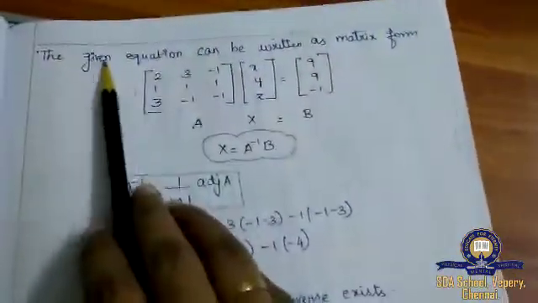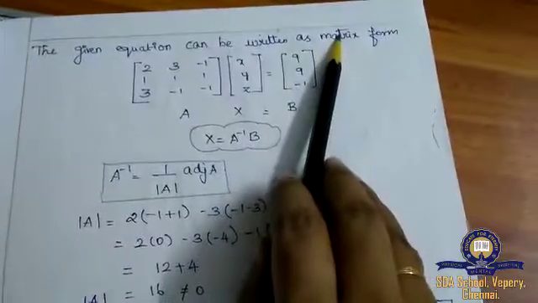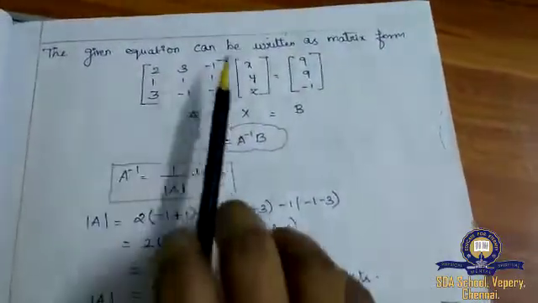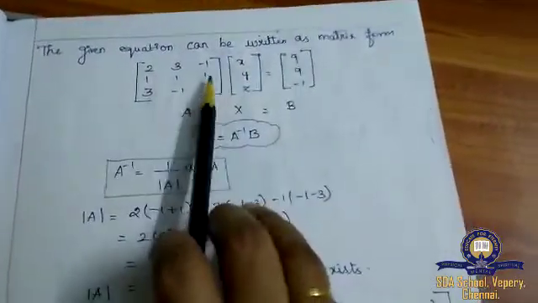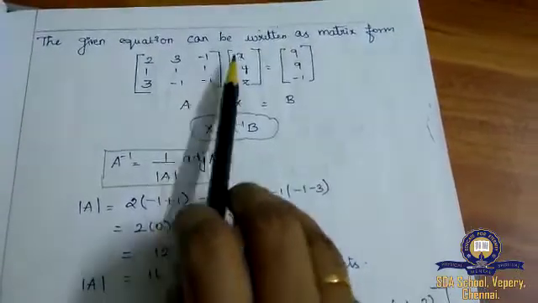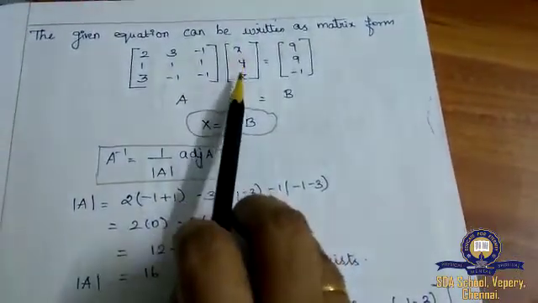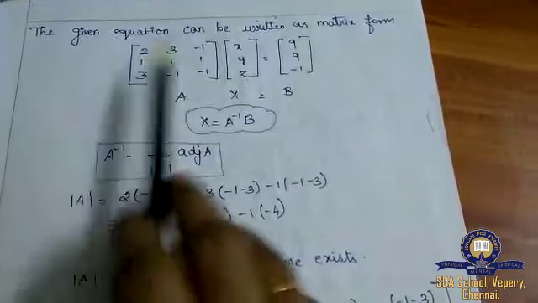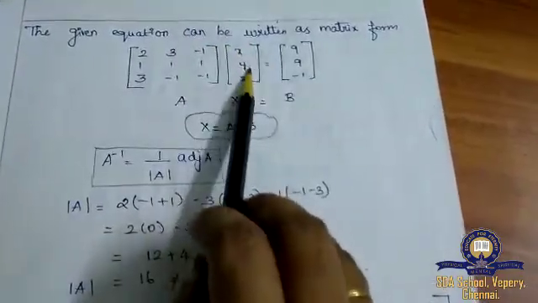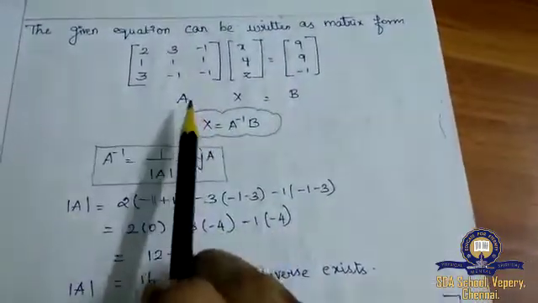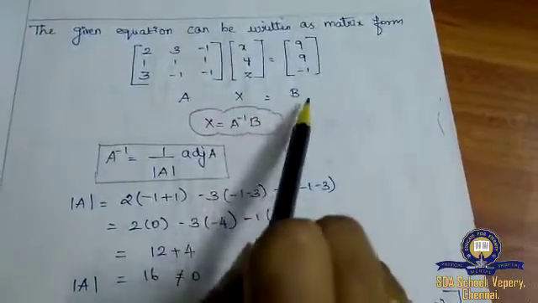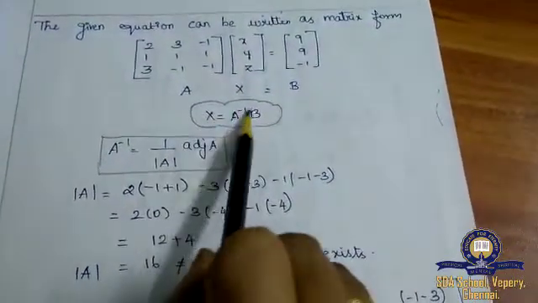The given equation, I'm going to write in matrix format. So I've written in the matrix format what I said. Since it is a 3 cross 3 matrix, you have to write x, y, z. The previous sum is a 2 cross 2 matrix, so I wrote up to the y value. The same formula only. So AX equal to B. From that I'm taking X equal to A inverse of B.